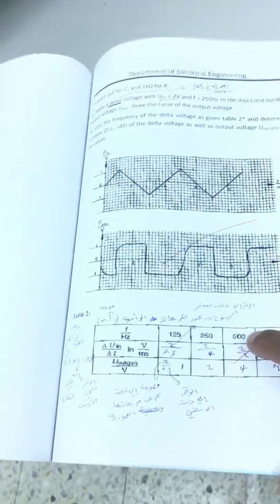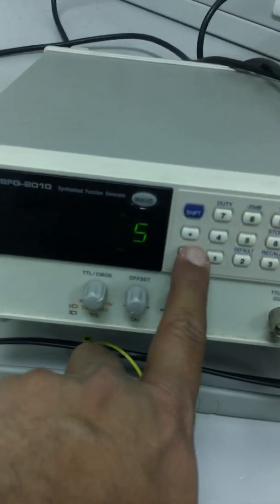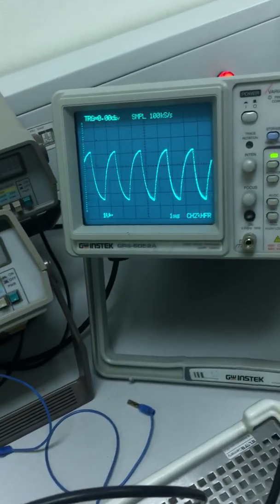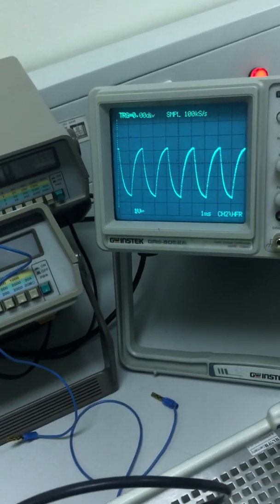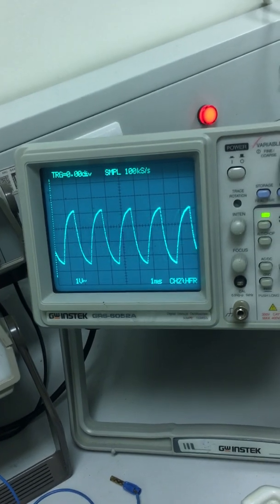Now increase the frequency to 500 hertz. Now check the output. See, the amplitude has increased to almost 4 volt.